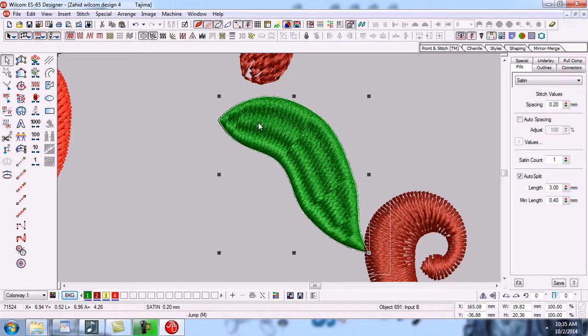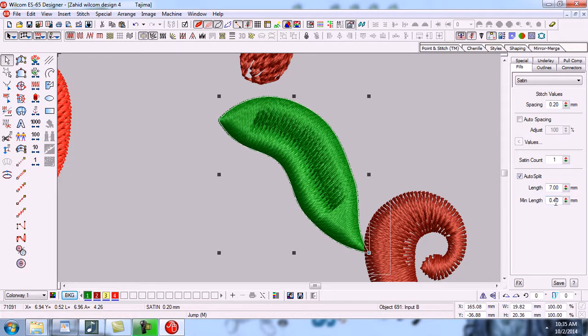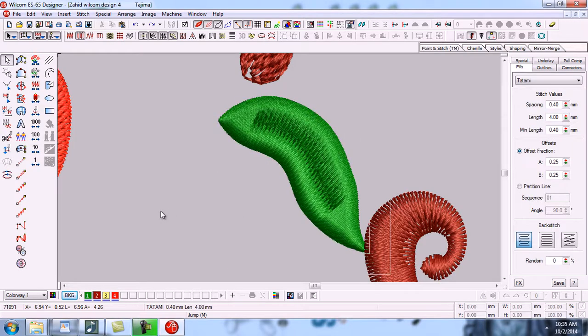So you can see that its values are changing. So in auto split we can change length and minimum length also. Now its minimum length is 40, so we will change it to 10. Okay, Control Z for undo. So in this video we have learned so many things, not only input A.